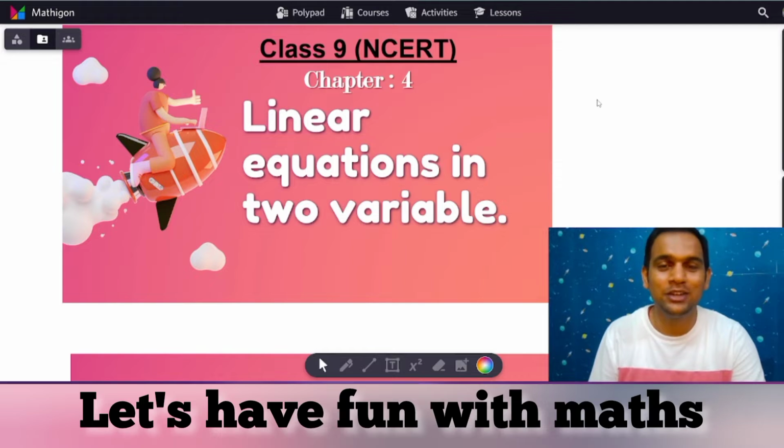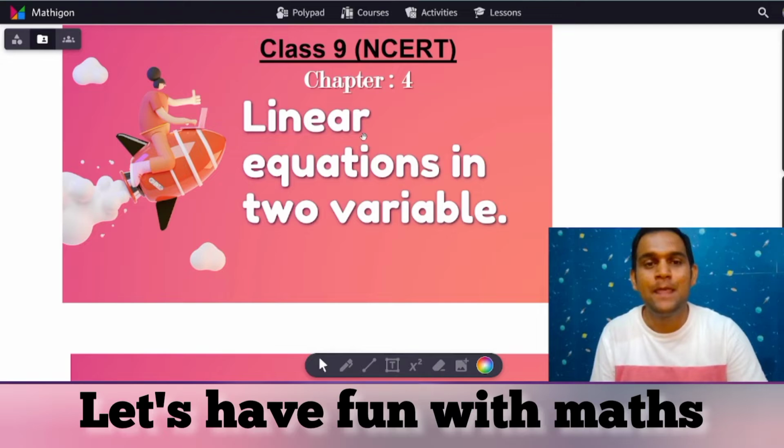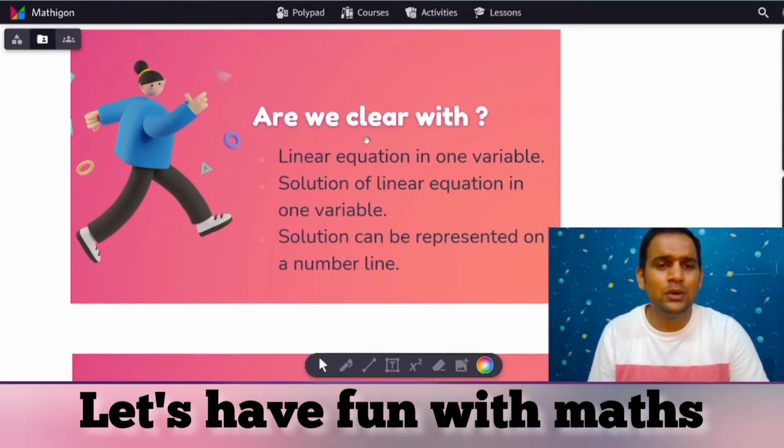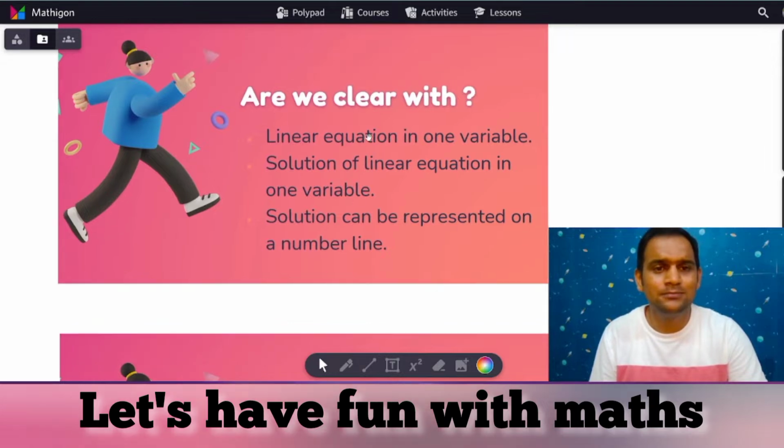We are starting a brand new chapter today that is called linear equations in two variables. And this is chapter number 4 of NCERT class 9th maths. Let's begin. So linear equation in two variables, and before we start that, first of all, are we clear with